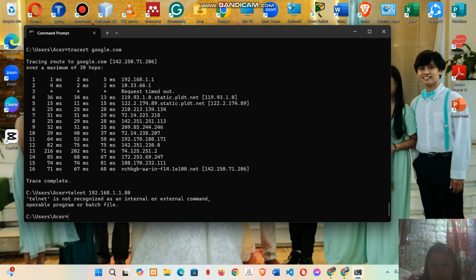Enter. It says it is not recognized as an internal or external command.